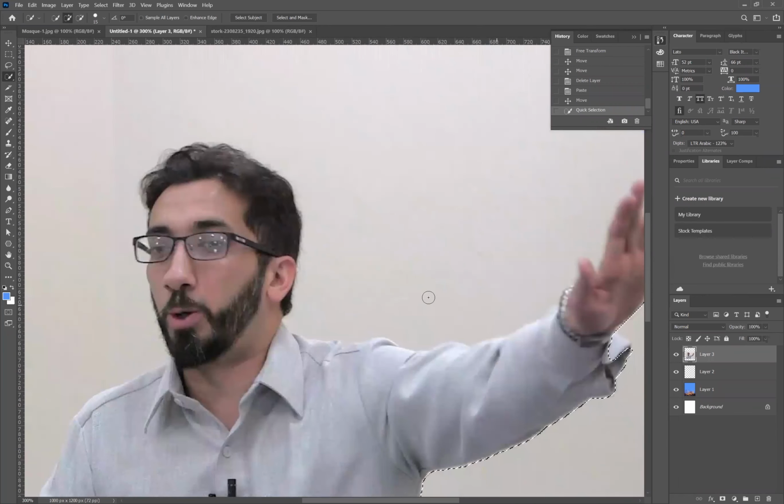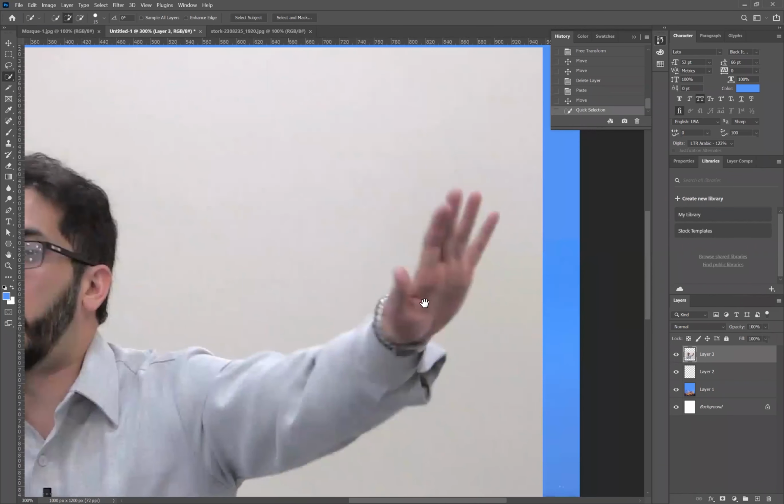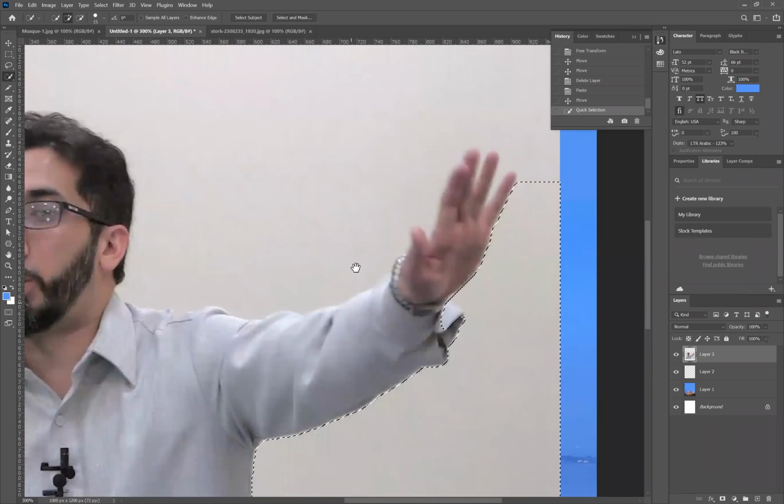Now when it is very zoomed in, I cannot see the right side area of the picture. So what you do is, if you press the space bar, look what is happening. What is the cursor turning into? A hand. Yeah, a hand. That means you can move with the help of this cursor. You can move your document left and right just to make things visible on your screen.